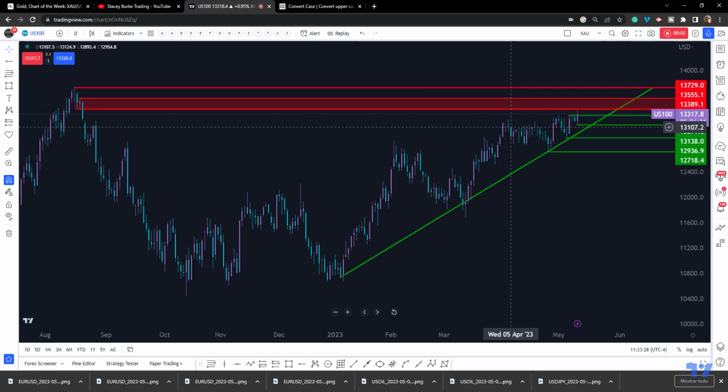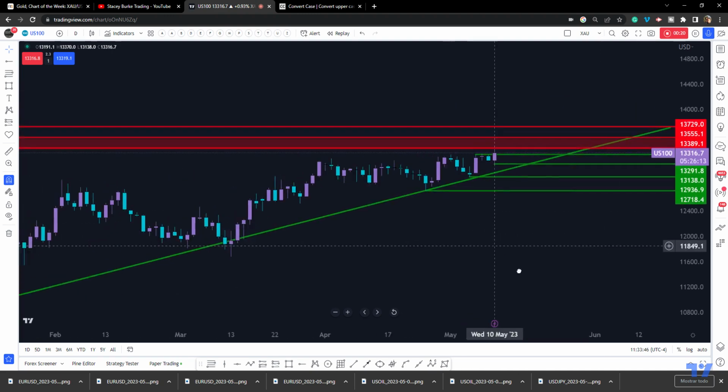Okay, NASDAQ, US100. This is the daily chart. We are still very much on the front side of the trend, and we're heading up in towards a potential resistance area with the levels marked. Now, if we zoom in,